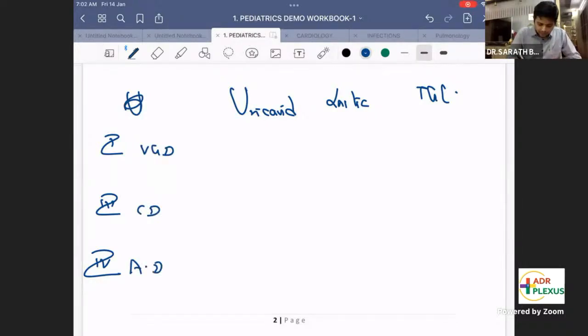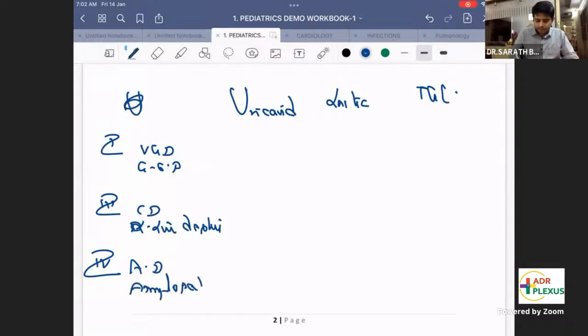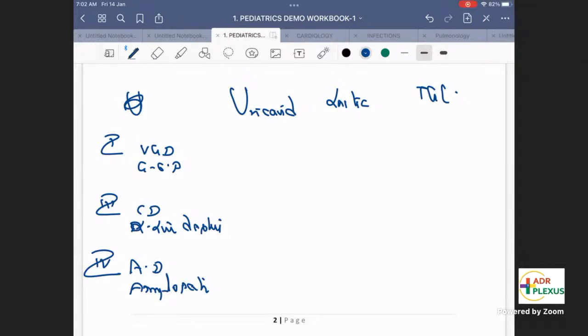Remember, the substrate involved in Von Gierke disease is glucose 6-phosphate. The substrate involved in Forbes disease is alpha limit dextrin. The substrate involved in Andersen disease is what? Amylopectin. Remember, you all know almost all pathways are interlinked with glucose 6-phosphate. So this unused glucose 6-phosphate will be converted to